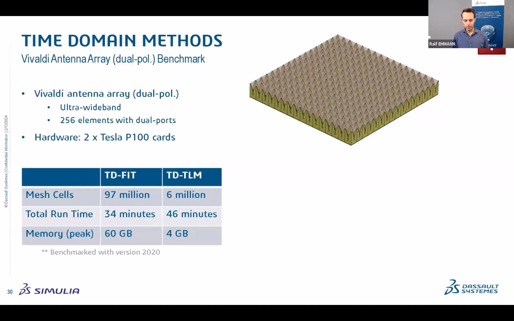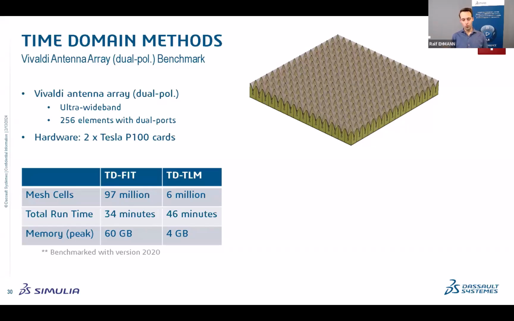For the FIT, the finite integration technique, you can see 97 million hex mesh cells, and this is executed with a single excitation basically, or basically everything simultaneously excited. You're looking at about 34 minutes on these 2 GPU cards, so really very quick, and then with a total of 60 gig memory usage for these cards. These benchmarks were actually done in version 2020, so quite a bit older. Sorry that I couldn't give you more up-to-date results for this, but nevertheless,